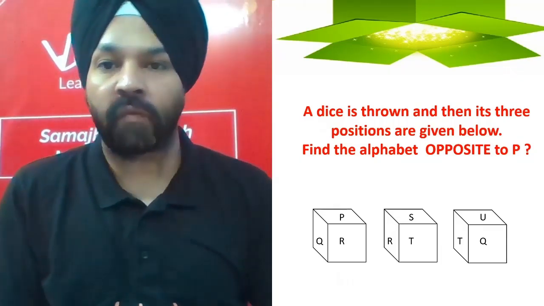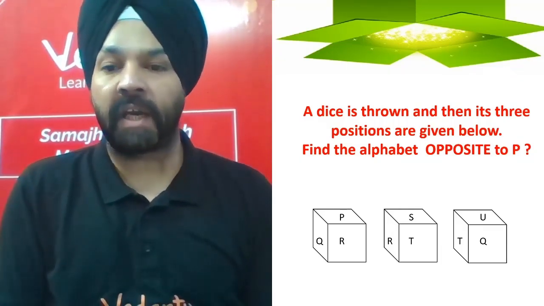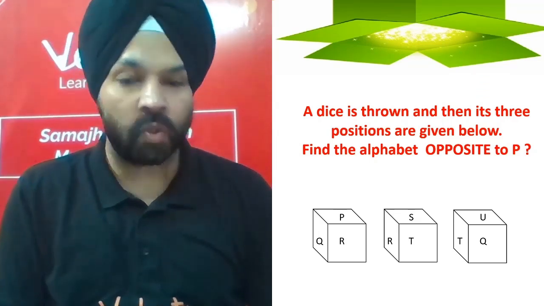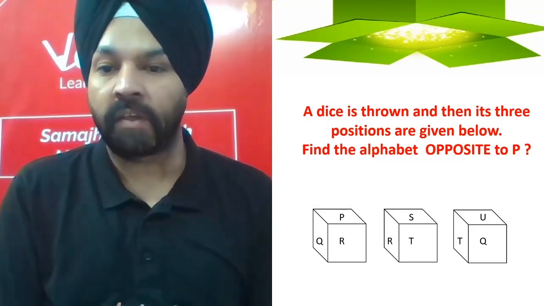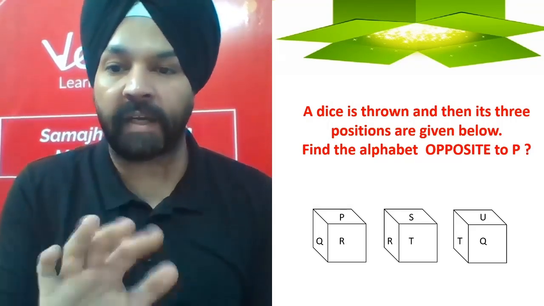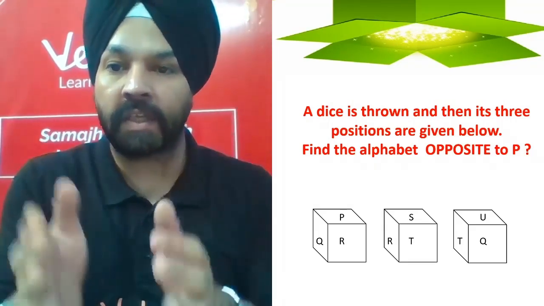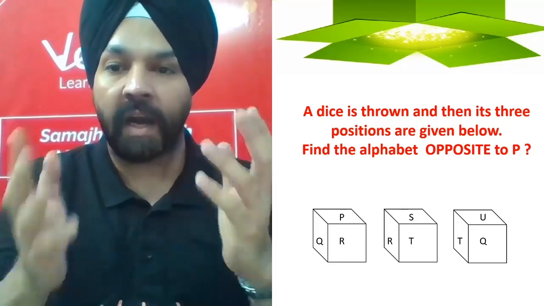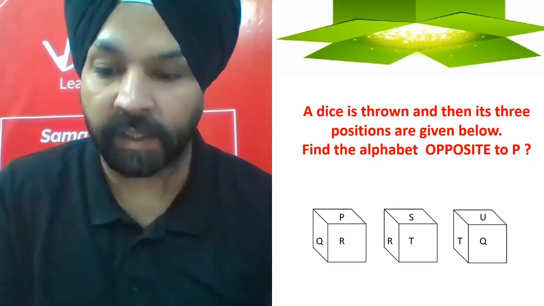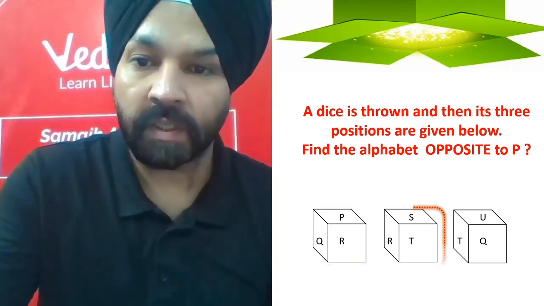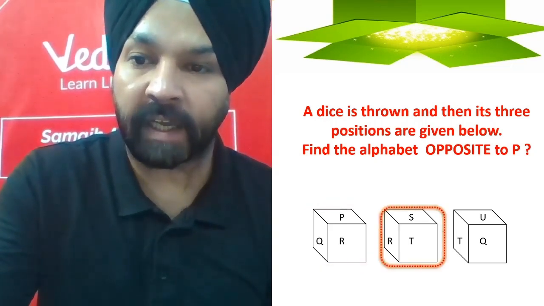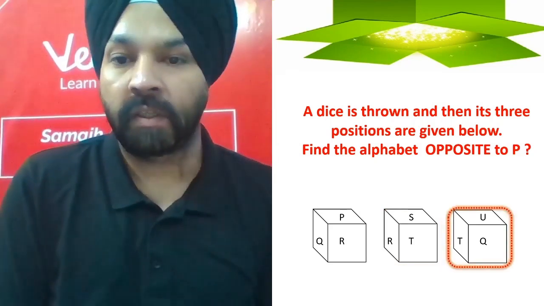Now it is very much clear from the very first diagram कि किसी भी हालत में आंसर Q और R नहीं है. Why so? Because Q and R are adjacent to P. So I can easily say that Q and R are not the answers to the given question, right? How to proceed? So we need to check how to proceed. So moving ahead, this is the first diagram, this is the second diagram, and this is the third diagram, but I will start from the first one.